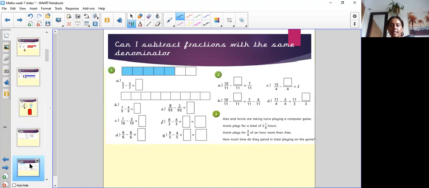Here are some activities for you to carry out today. So you've got question 1, challenge 2 and challenge number 3. Pause the screen and have a go at carrying these out. Remember to use your strips of paper and also use your subtracting skills as well. When it comes to, for example, E, you wouldn't draw 93 squares out. You would just do 8 minus 2, and you know the denominator doesn't change, so whatever the answer is will be over 93. So have a look carefully at the questions and use your skills